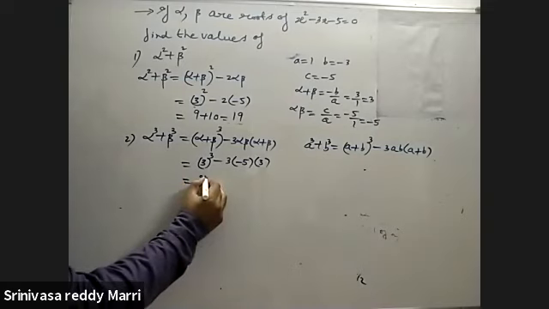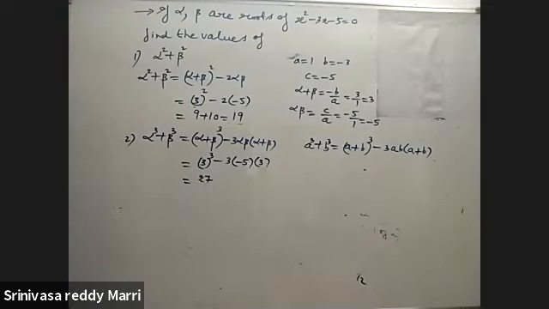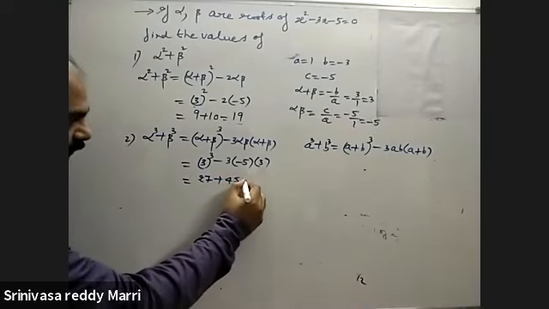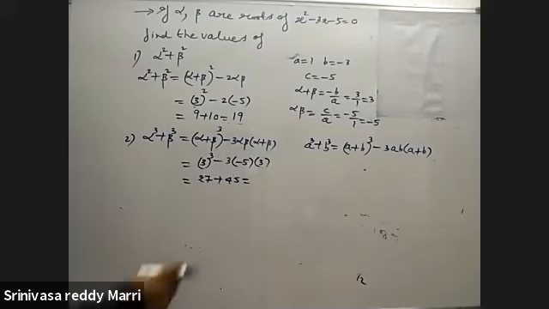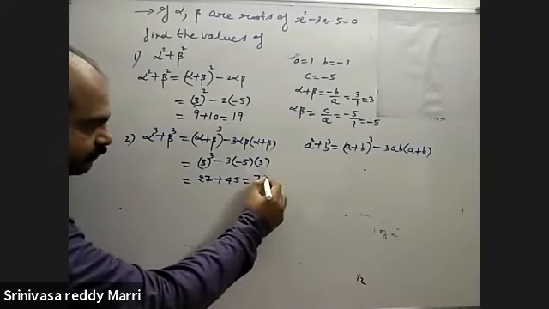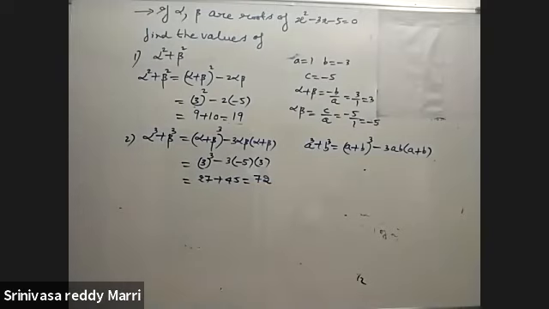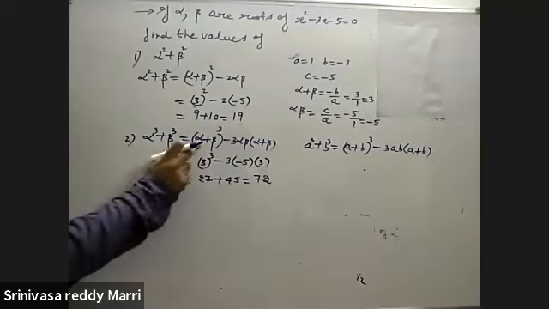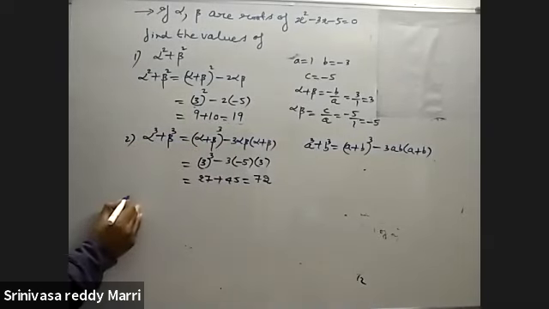So that means this is nothing but 27 plus 5 into 9, 45. So how much will you get? 72. This is the value of alpha cube plus beta cube. Like that, just using this relation only, because these two you know, you have to calculate. Suppose third,